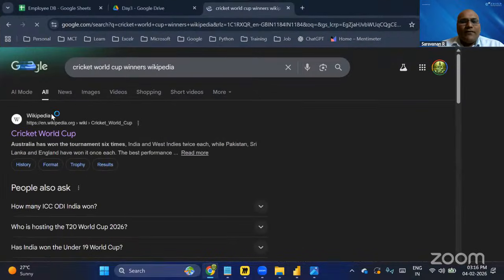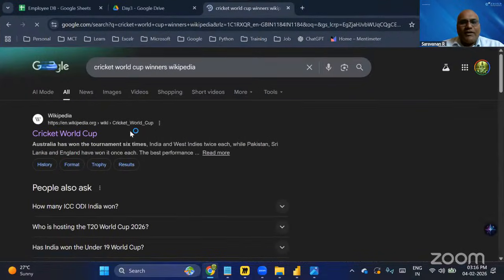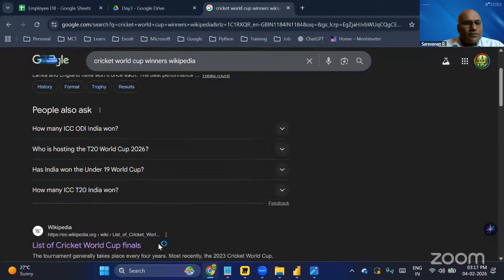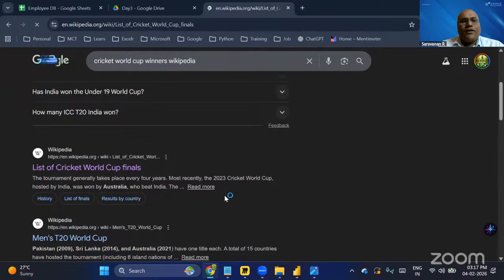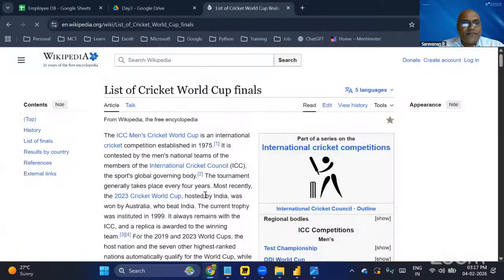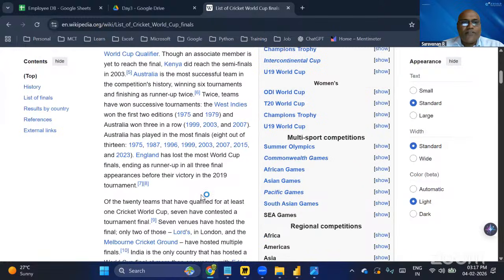Okay. In any website, if you see, there will be a table format. They might have stored the data in table format. That we are going to take. So for example, I'll click on this Cricket World Cup final. Okay, this is the one. List of Cricket World Cup finals. I'll click on this. Not only this, we can try with different sets also. So if you scroll down,